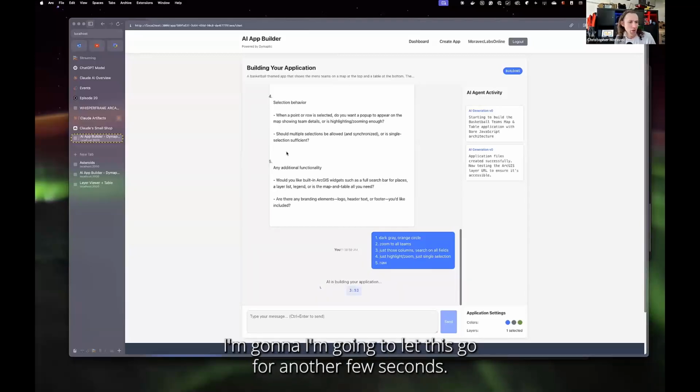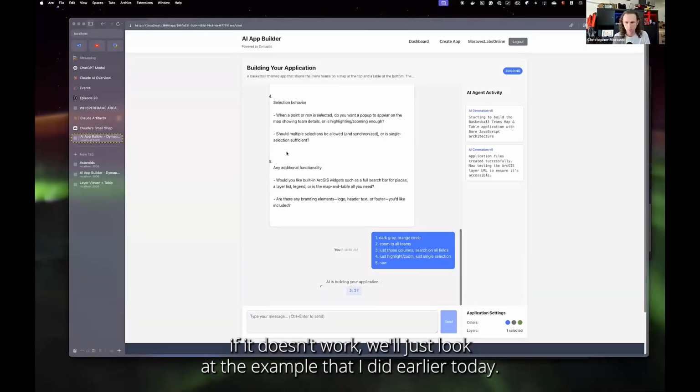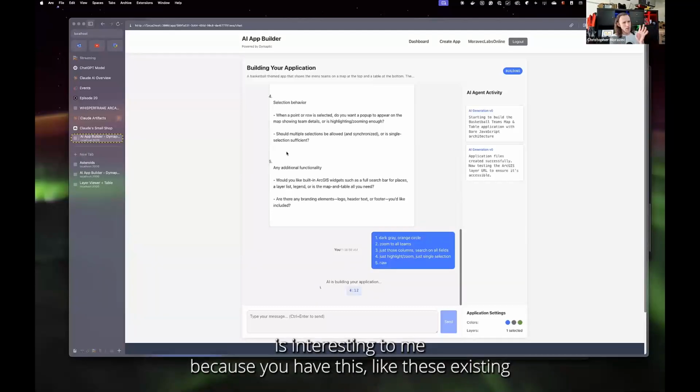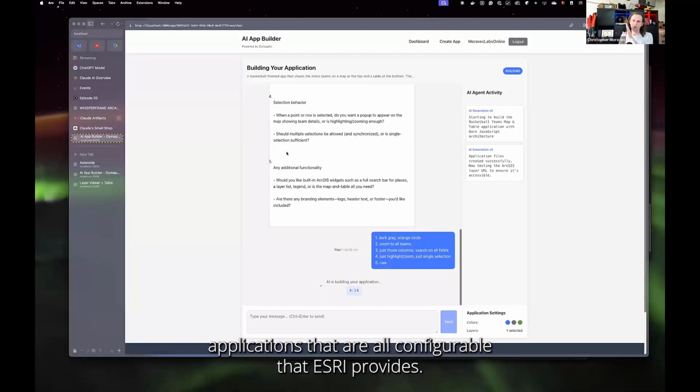I'm gonna let this go for another few seconds, and then if it doesn't work, we'll just look at the example that I did earlier today. But what I'm really curious about is that there's an application like this inside the Esri ecosystem, for example, which is interesting to me because Esri provides these existing applications that are all configurable.